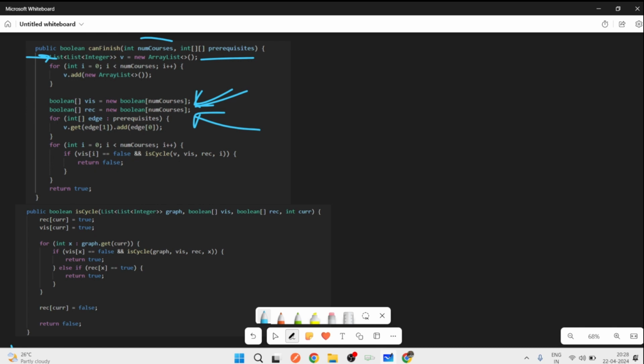Then what are we going to do? We will add the prerequisite values to our graph, which means we will create the graph from the given array. Then we will check for i equal to 0 to num courses, for every node, means for node 0, then 1, then 2, then 3, if visited of i is false, which means this node is not visited